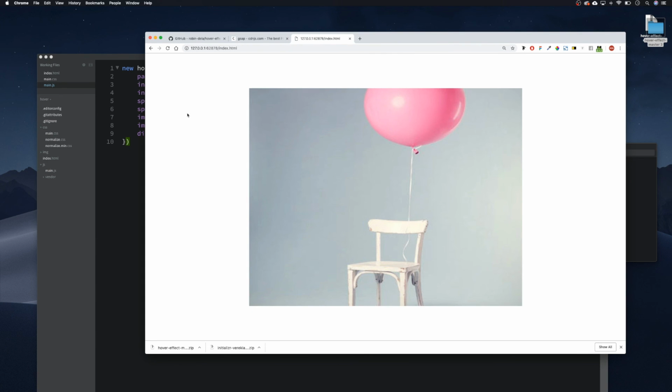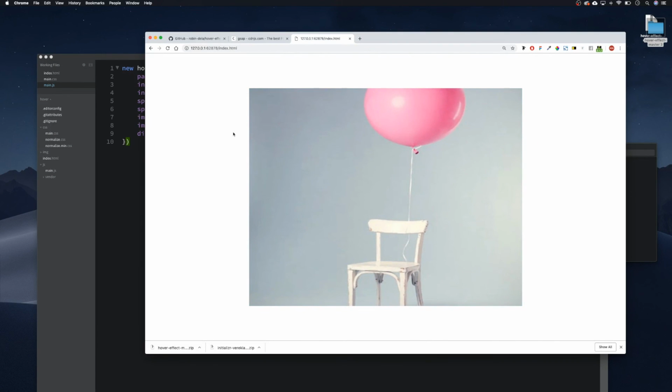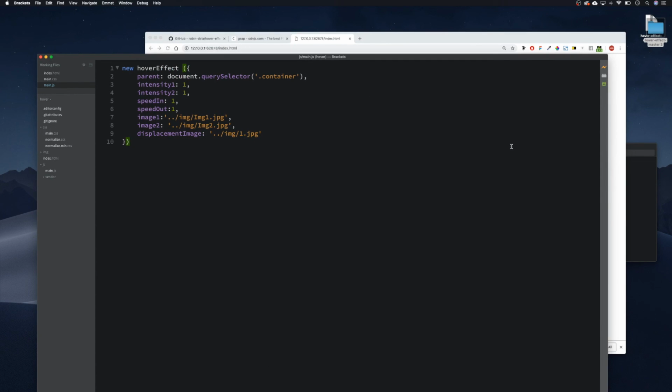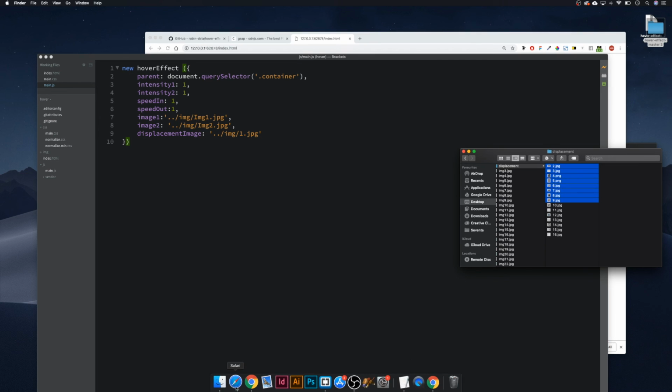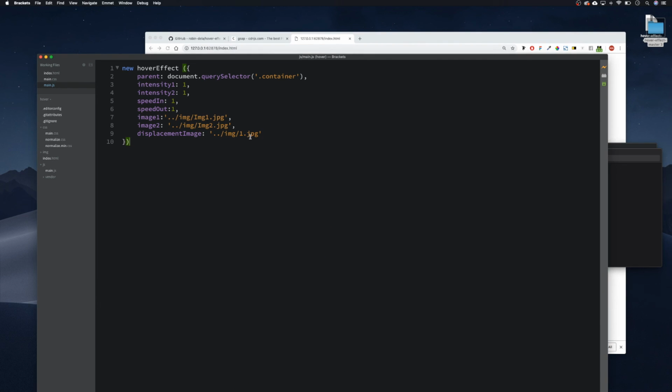There we go. So there's our image, and if we hover over it, we get a nice little displacement effect. Lovely. And you can do different effects. So you could go back into the example we downloaded from GitHub, and we can go to displacement, and then we can add some more images in here. So let's change our displacement to 2,